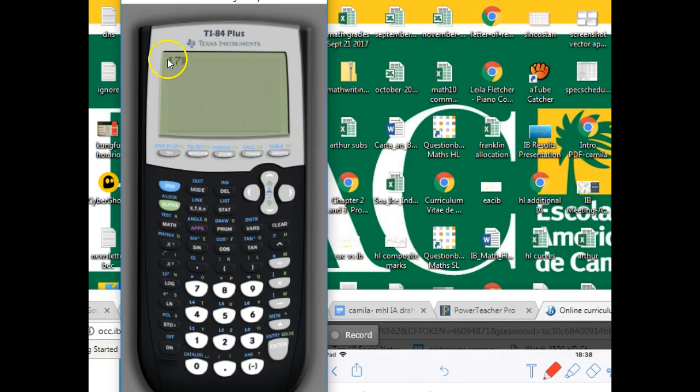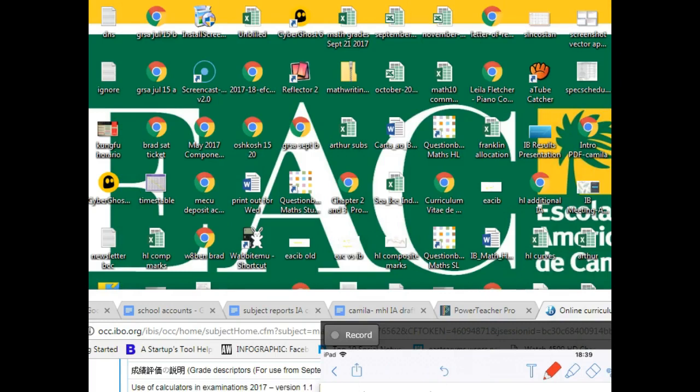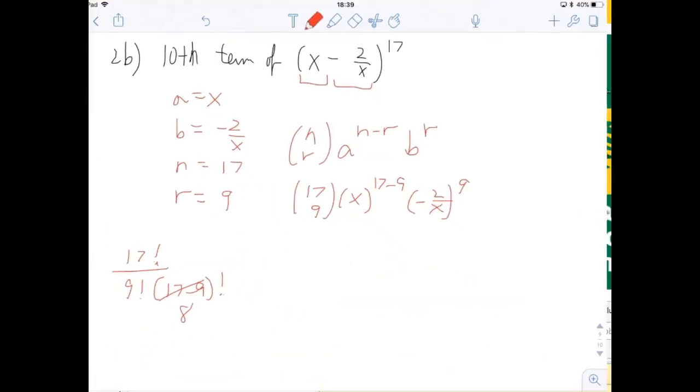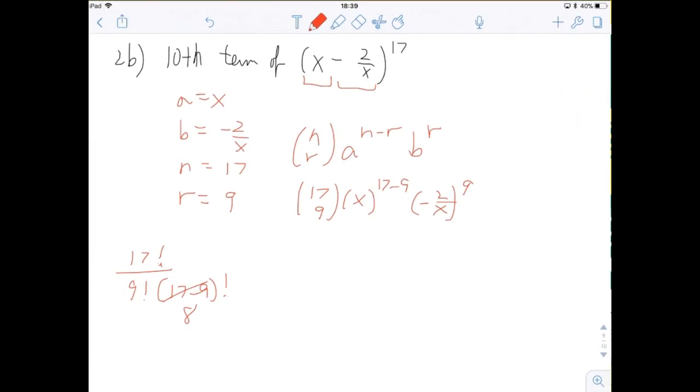I got the calculator out. I type in 17 first, then I go to the math menu and I go to probability, because that's where you find n chooses r function. I type n chooses r, and then I type 9, and the answer is, wow, 24,310. Maybe we wouldn't have been able to do that without the calculator, okay? So we're going to come back here to the paper, and we are going to write that 17 chooses 9 is 24,310, okay? Then x to the 17 minus 9th is x to the 8th,